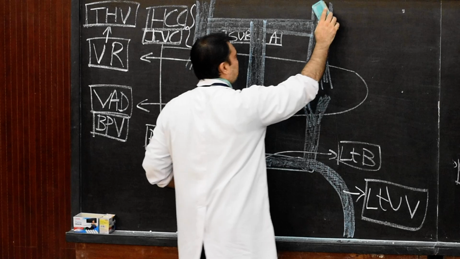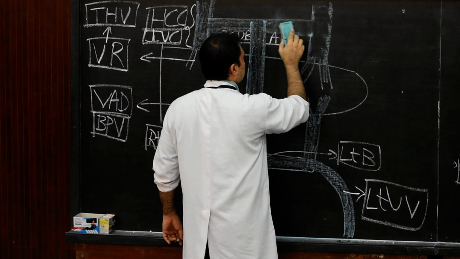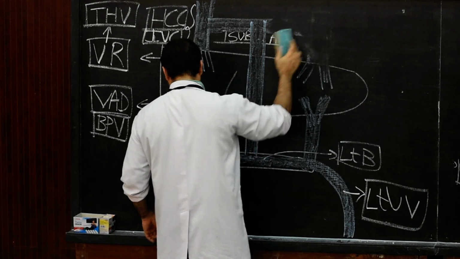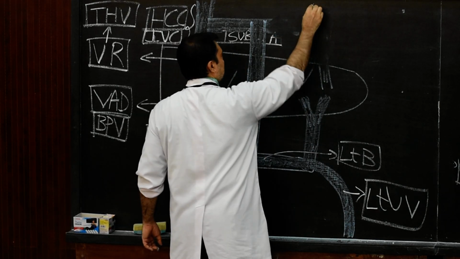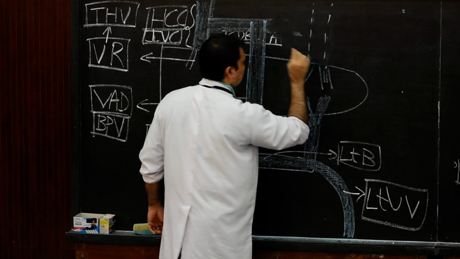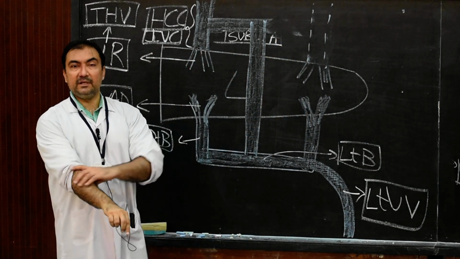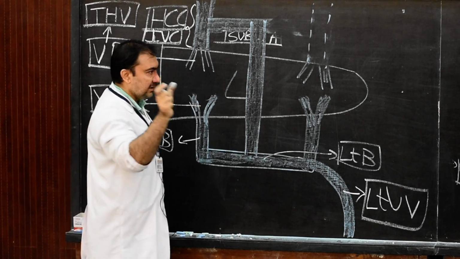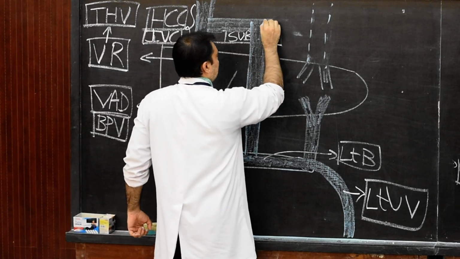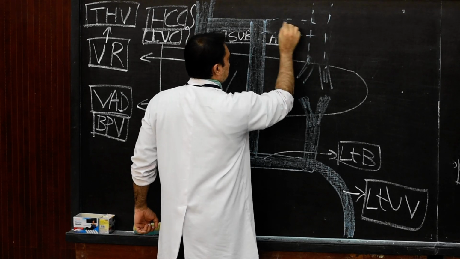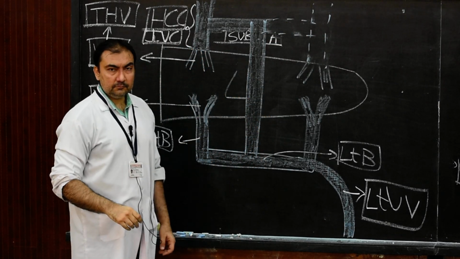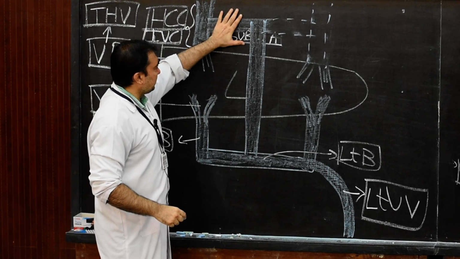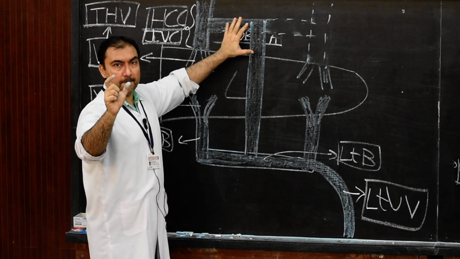What about the left vitelline vein? The left vitelline vein will gradually disappear, so we show this in the form of a dotted line. The left vitelline vein above the liver will disappear. What about the subdiaphragmatic anastomosis? Here also, very interesting: the left portion of the subdiaphragmatic anastomosis will disappear. The right portion of the subdiaphragmatic anastomosis will remain.